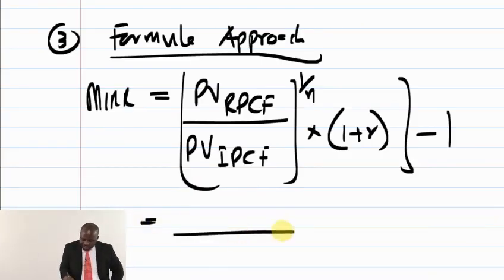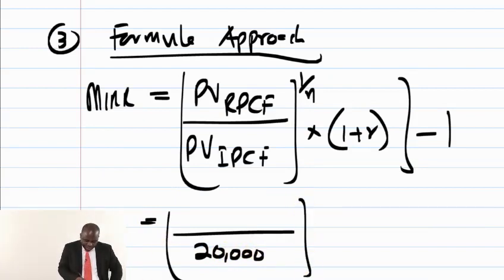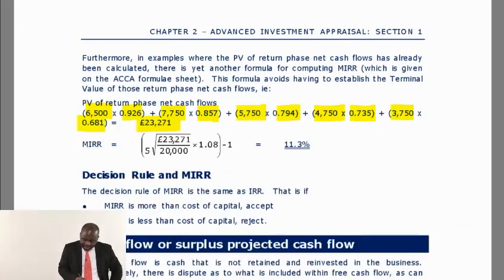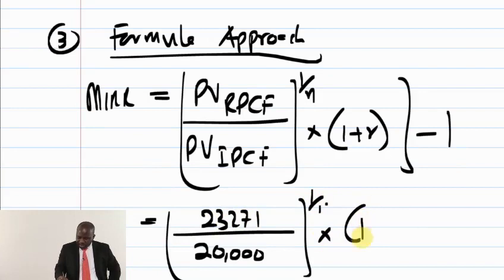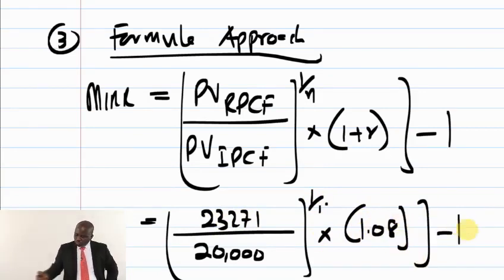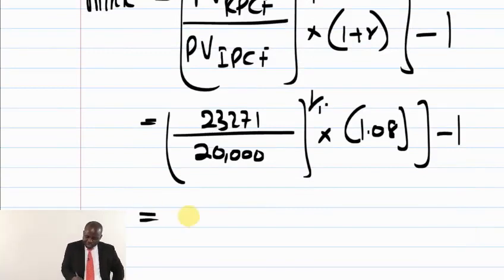So if the investment phase present value is 20,000 and the present value of the future cash flows is 23,271, then 23,271 over 20,000 raised to the power 1 over 5, multiplied by 1 plus the cost of capital of 8%, all minus 1. When you solve this, you'll be able to get